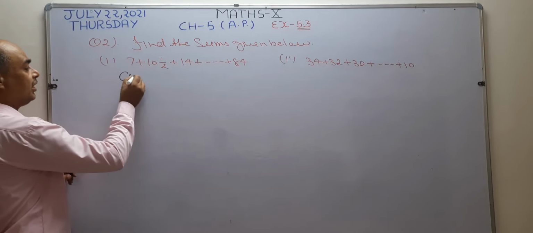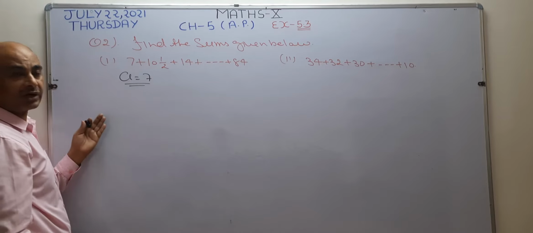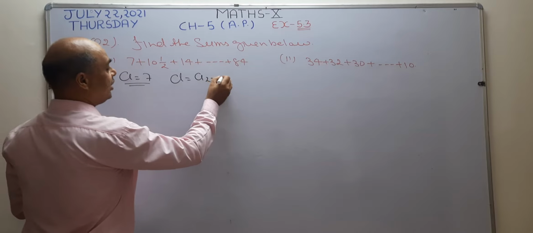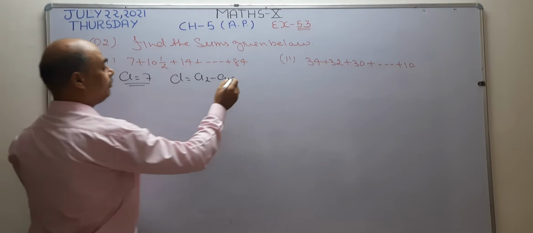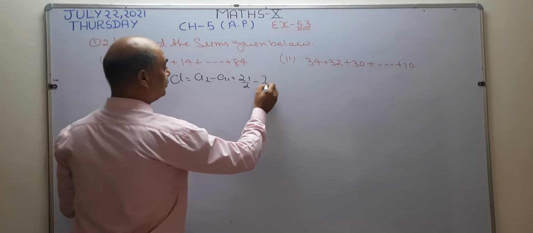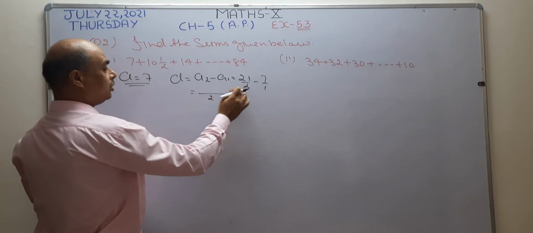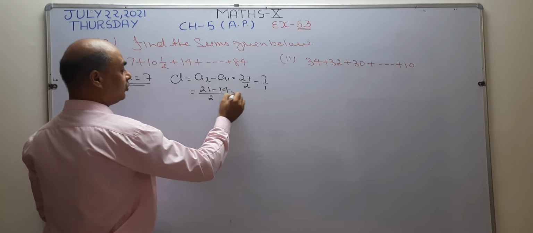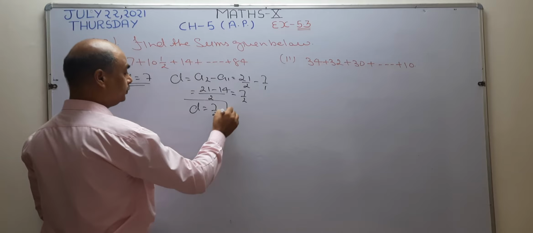So what is the first term? 7. So this becomes a. The first term of the sequence is known as a. Okay? Now I want to find the value of d. To find the value of d, the formula is a2 minus a1. So what is a2? 2 tens are 20, 20 plus 1 becomes 21 by 2. After that the first term is 7, right here 7. Now take the LCM. The LCM of 2 and 1 is 2. This one is cancelled. 21 is going to remain the same. 2 sevens are 14. Now this becomes 7 by 2. So the common difference becomes 7 by 2.